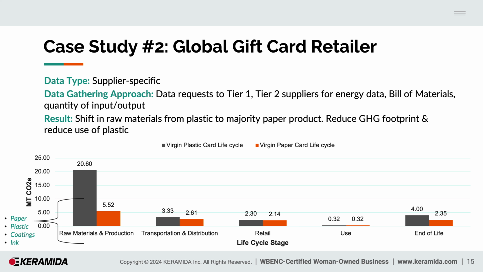And so our team was able to take all of the primary data from the suppliers and come up with a whole life cycle assessment, from cradle to grave was the scope that we decided to do. It was a comparative assessment, comparing their plastic products to their paper products. And the result of this was not only were they able to highlight the initiatives that they've been taking within their company over the last year, but they're able to create a model for all the rest of their products